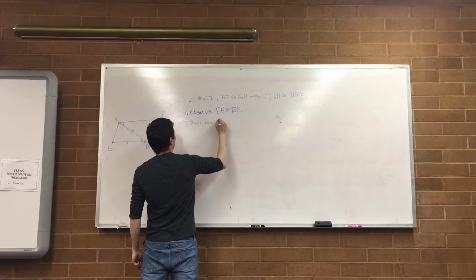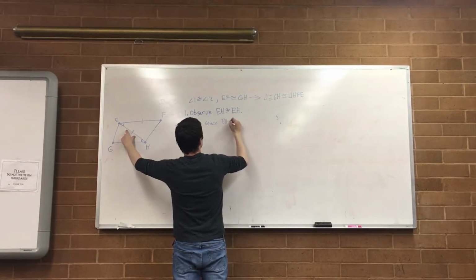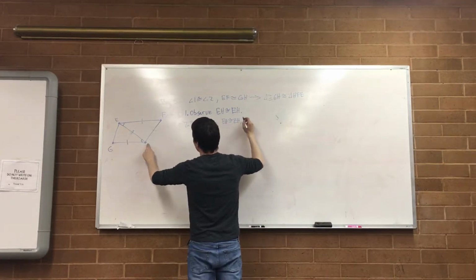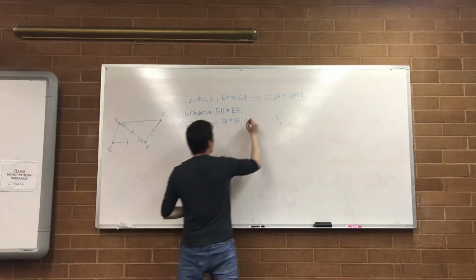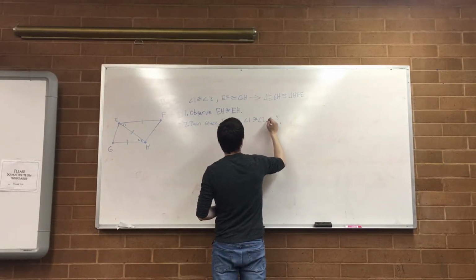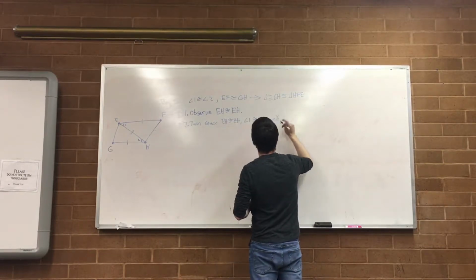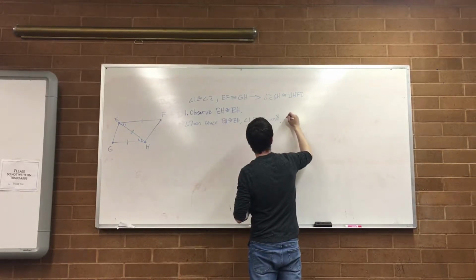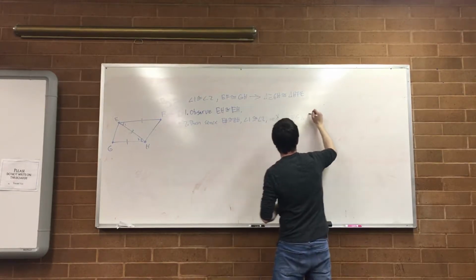Then, since EH is congruent to EH, maybe put those angles back so we can talk about them easily, 1 and 2. Angle 1 is congruent to angle 2, and since EF is congruent to GH, comma, and then